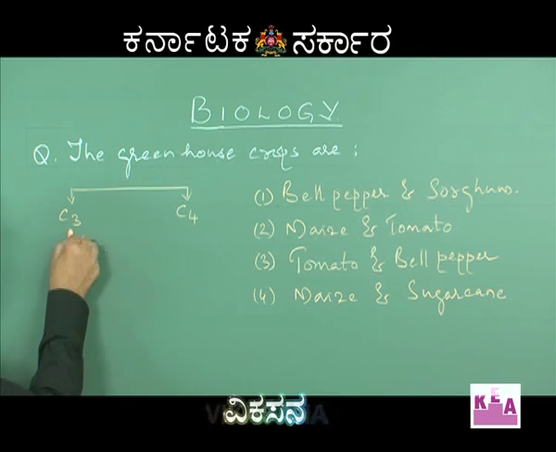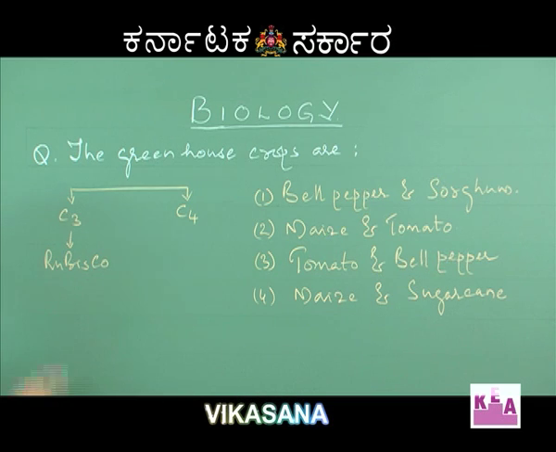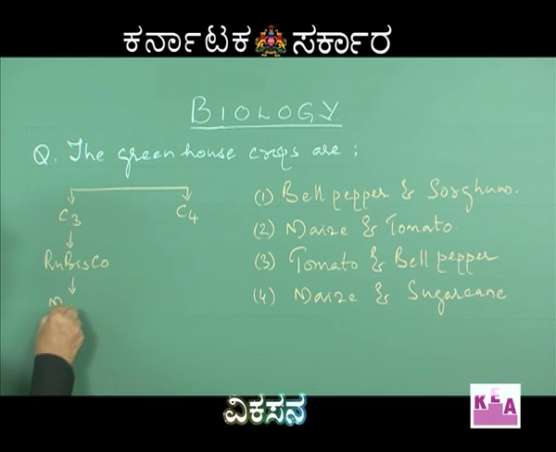In case of C3 plants, the enzyme Rubisco is the one which helps in fixing the carbon dioxide, and this Rubisco enzyme is found